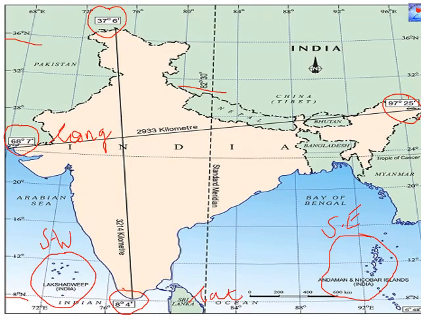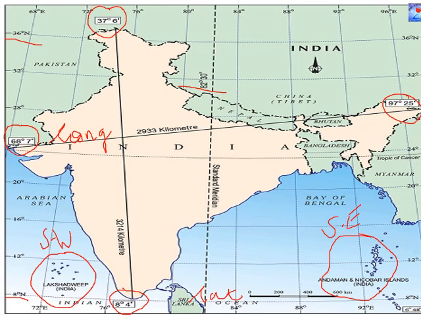With the help of this map, we can understand India's location in a better way. Latitudinal and longitudinal extent are marked here. The latitudinal extent, you can see, is 8 degree 4 minutes north to 37 degree 6 minutes north. Then the longitudinal extent is 68 degree 7 minutes east to 97 degree 25 minutes east. It represents longitude, and we know it represents the eastern hemisphere. So India lies in the northeastern hemisphere.